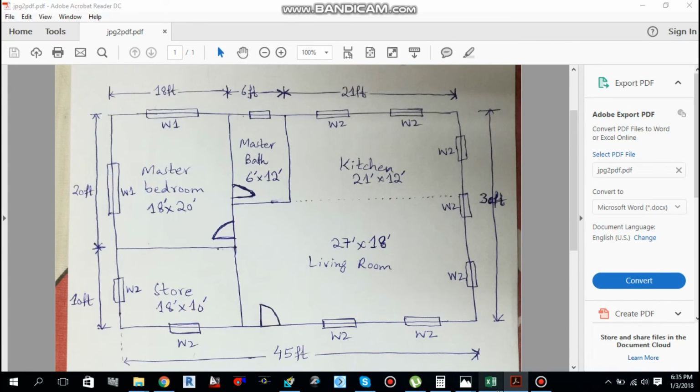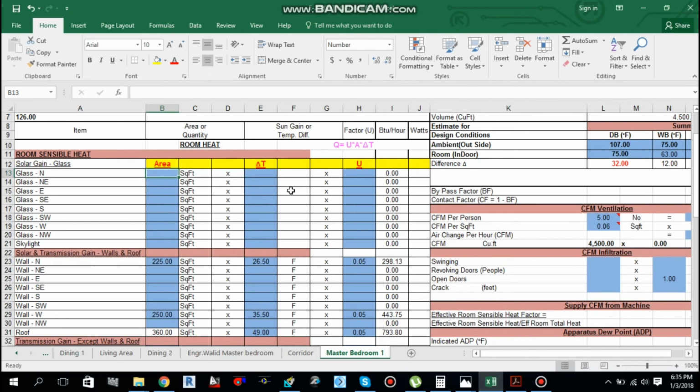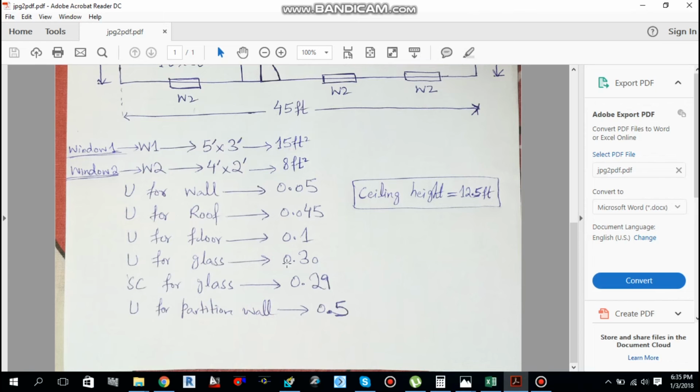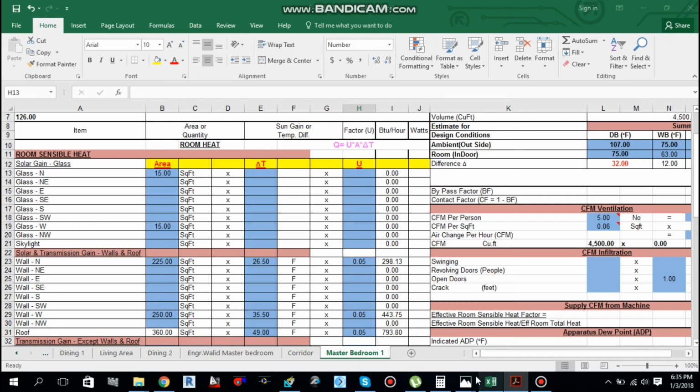We can do 15 square feet or E20 form. So north facing 15 square feet and west facing 15 square feet. And we know that delta T for the glass is 0.30, yeah, 0.30. We can use this one over here, and the same delta T 0.30 over here.